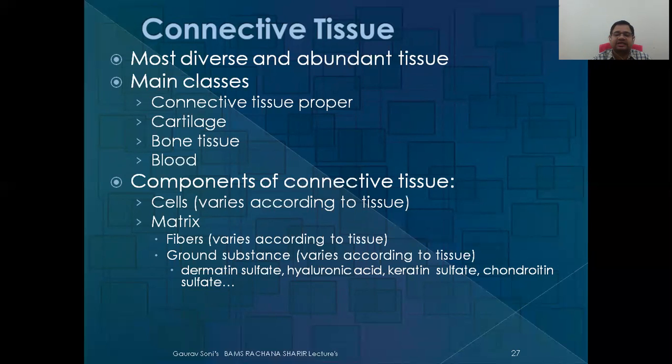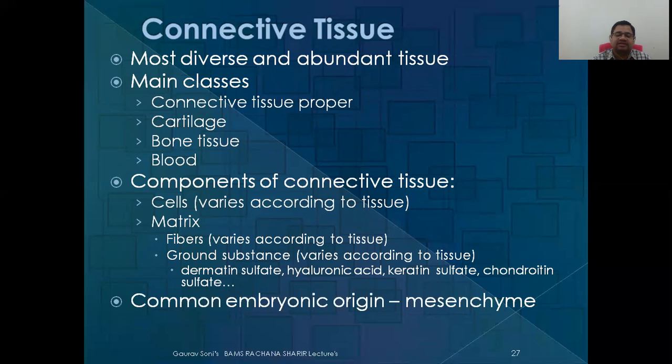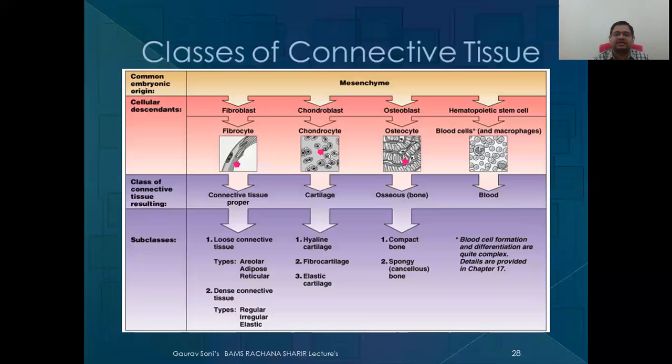It may contain certain chemicals also, like dermatan sulfate, hyaluronic acid, keratan sulfate, chondroitin sulfate, and they all have one common embryonic origin, that is they are going to develop from mesenchyme. Here you can see the classes which are all developing from a common origin point, that is mesenchyme. Then certain blast type of cells, the blast cells, are producing cells. So fibroblast will produce fibrocyte, chondroblast will produce chondrocyte, osteoblast will produce osteocyte, and the class of connective